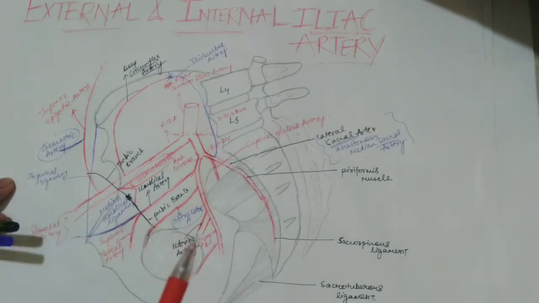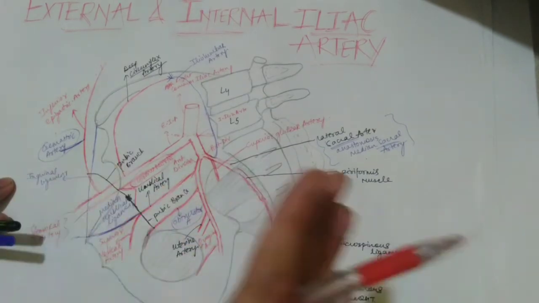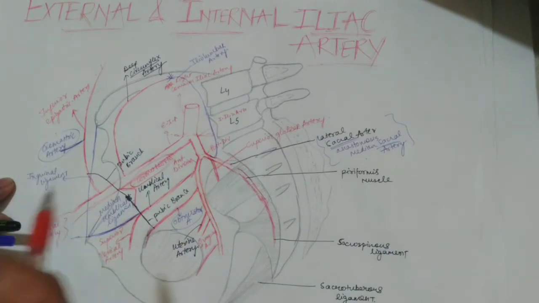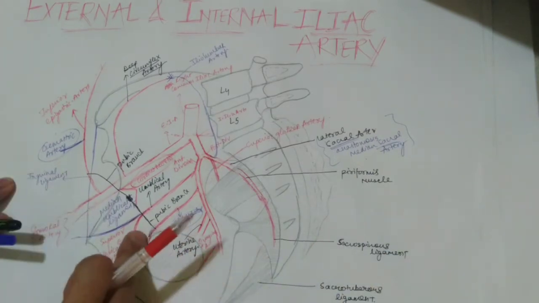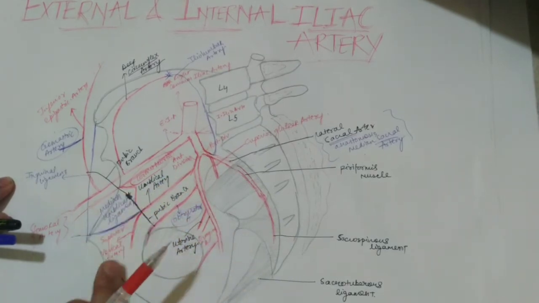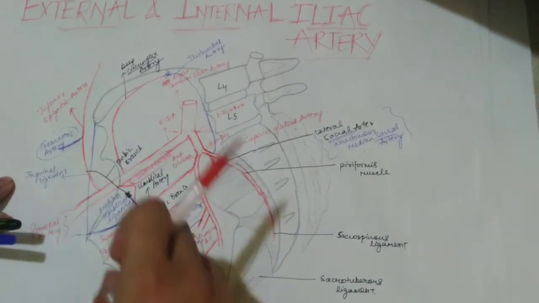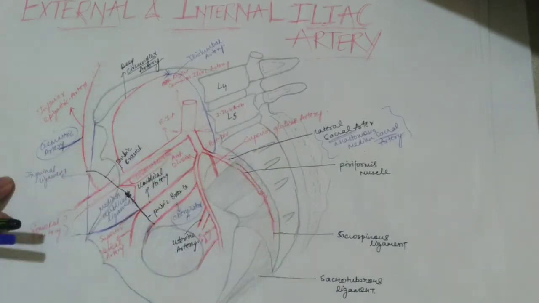Further, this obturator artery passes through your obturator canal. There it supplies your external obturator muscle and your adductor muscles, and further gives an acetabular branch in the acetabular region. The acetabulum is the articulation surface for your hip joint. This branch arises from the obturator artery and goes to the head of the femur in the hip joint, where it supplies the ligaments around your hip joint and the head of the femur, and it terminates there by supplying the region in the hip joint.